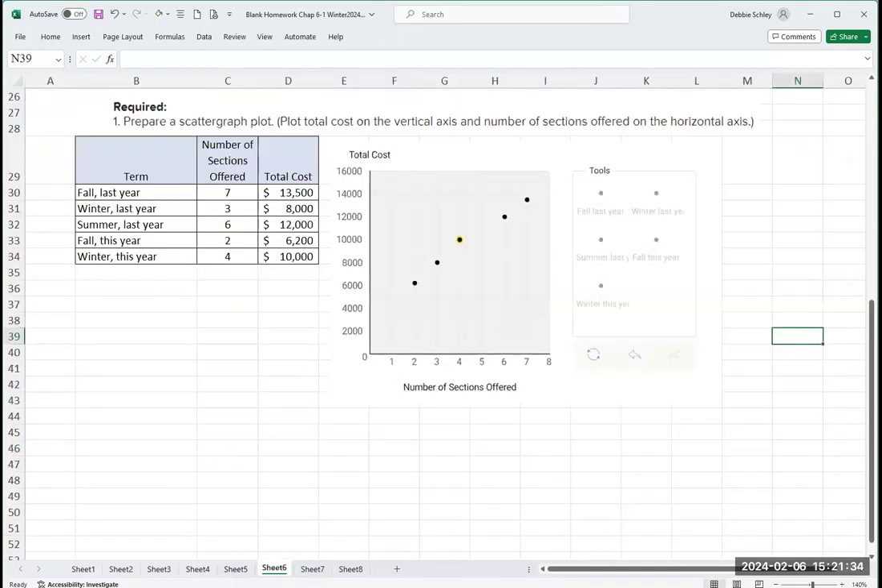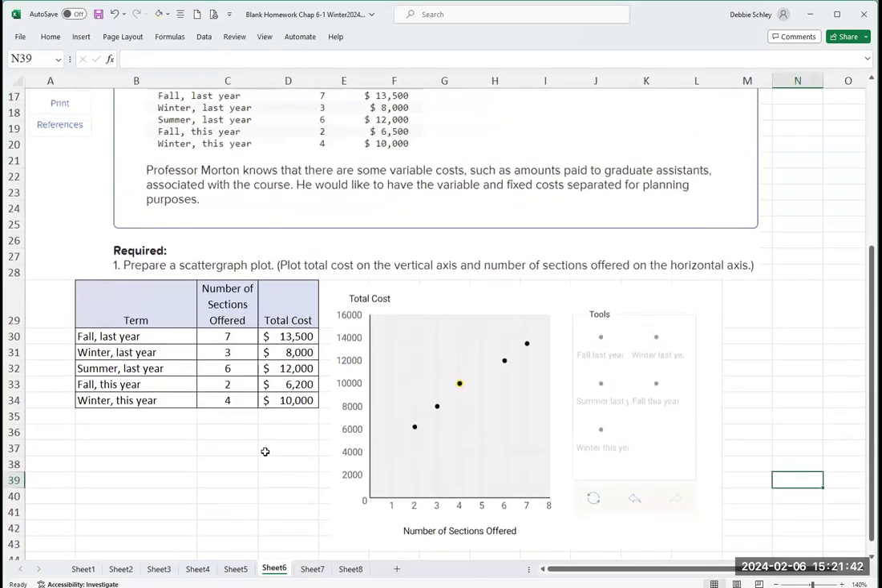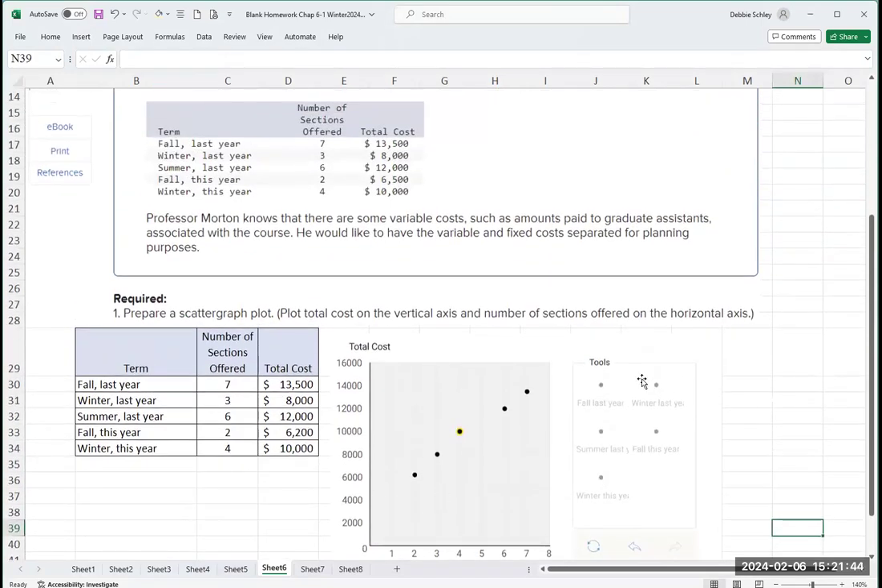Okay. Question 6. There's not a real good way for me to show you this one because I already did it in my book. But basically, you're just selecting one of the tools. And then, so my first one, I picked fall of last year. So I clicked on that. And then I looked at my chart and it said the number of sections offered was 7